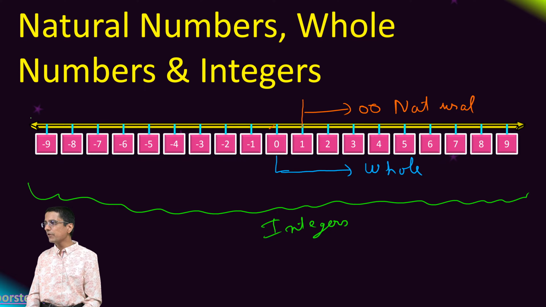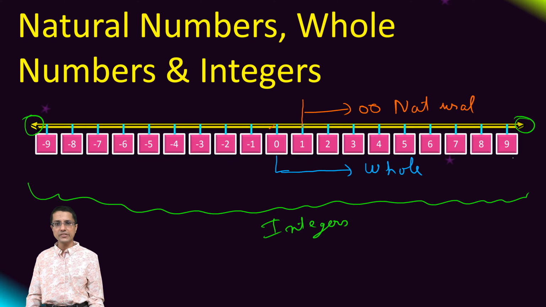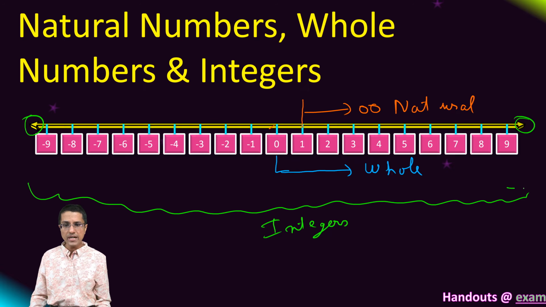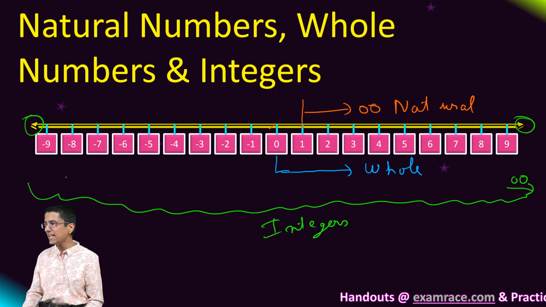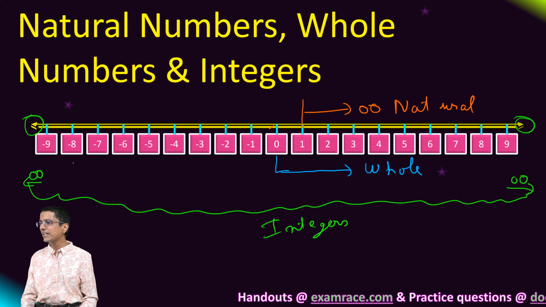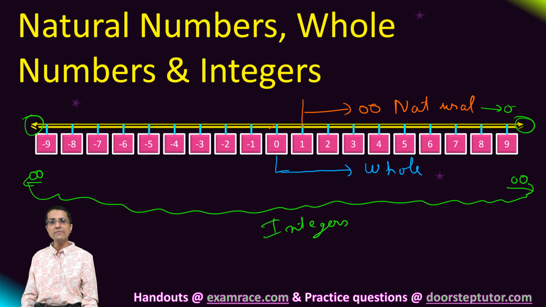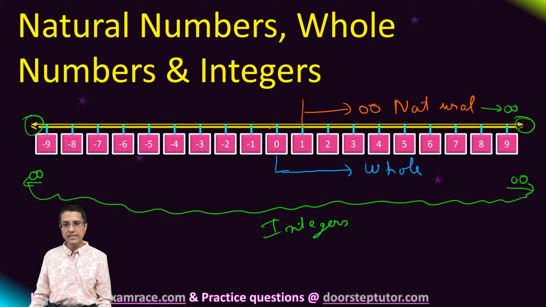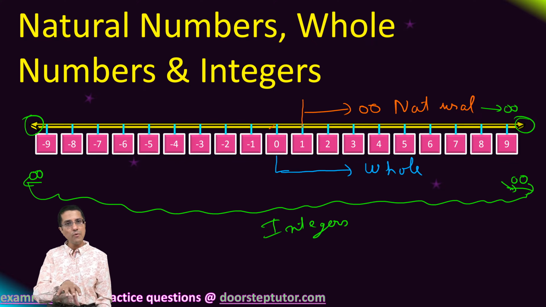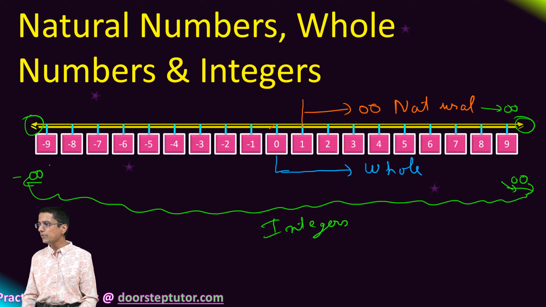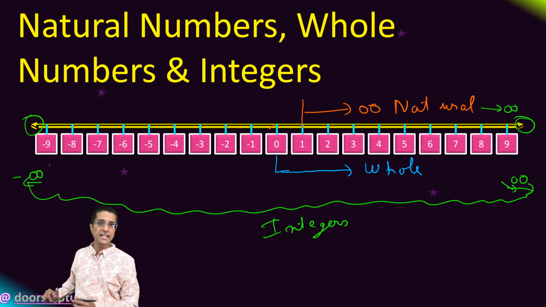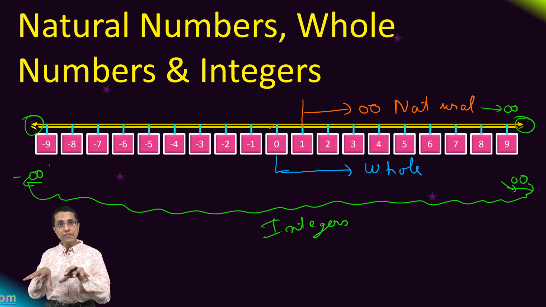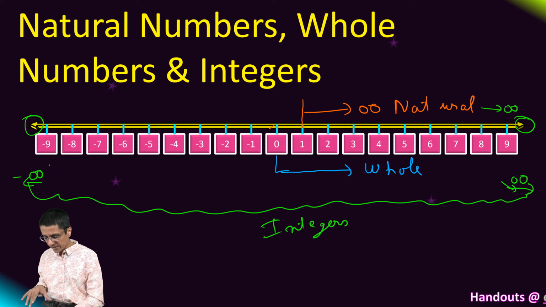And again, if you notice, this number line extends in both directions. So we don't really end at 9, but we go on till infinity, as we did for natural numbers, which extended only in one direction but went on till infinity. So do integers. They go on to infinity in this direction and to minus infinity in the negative direction. So that was the first kind of classification we can do of this number line.